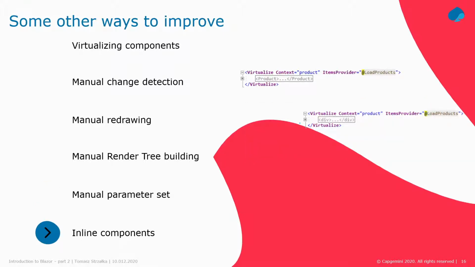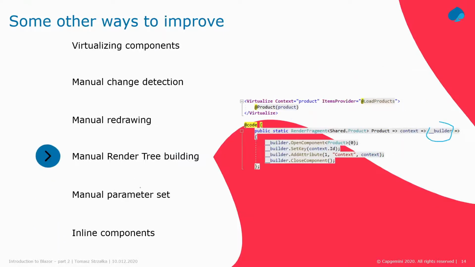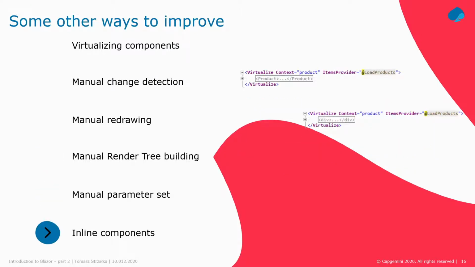And lastly, as I mentioned in the manual render tree building, we can use that technique. I mean, creating static render fragments to avoid overusing the Razor components. Because if we would like to have some performance boost, we can just omit the too deep